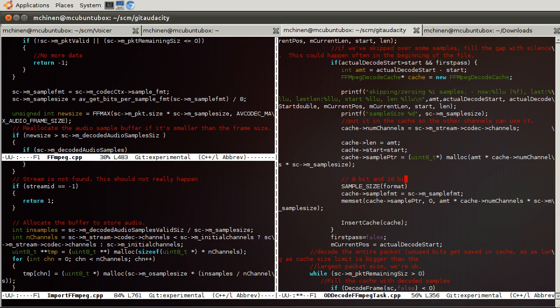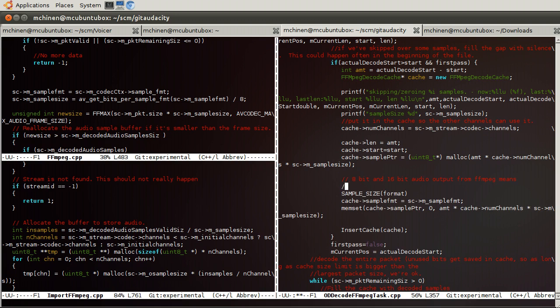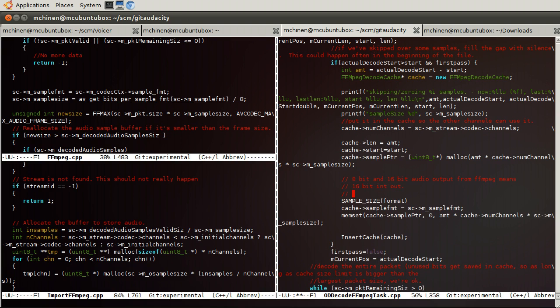So, 8-bit and 16-bit audio output from FFmpeg means 16-bit int out. 32-bit int, float, double mean float out.